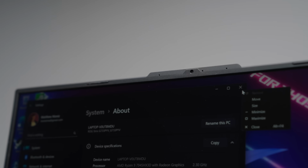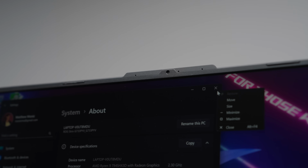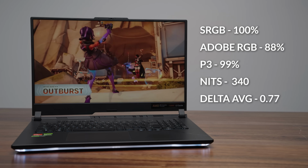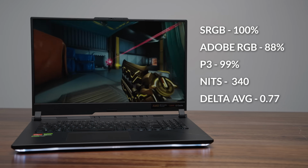Now, this is a laptop that doesn't have the best front-facing webcam. It's only 720p. So for some weird reason, the camera app is not picking up the microphone. I don't know why. It's on, so I had to use Audacity to record my voice. Anyways, this is what the microphone sounds like. This display is not mini LED or OLED or anything like that. It's an IPS panel, but it's 240 hertz. Screen brightness is okay. It's not super bright or anything, but color accuracy is good, and color gamut is